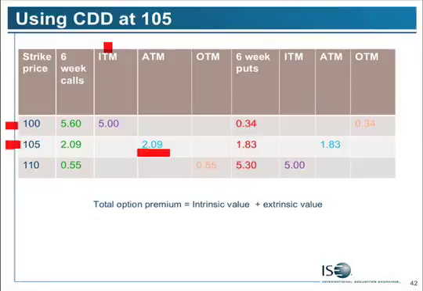Now let's look at one other call, the 110 call. So I could buy an out-of-the-money option. Maybe I think that the U.S. dollar against the Canadian is going to move, for whatever reason, up to 114 or 112. If I buy the 110 call for 55 cents, that's an out-of-the-money premium, and I need the U.S. dollar Canadian to move up to 110.55 before I break even. And I could do similar calculations.